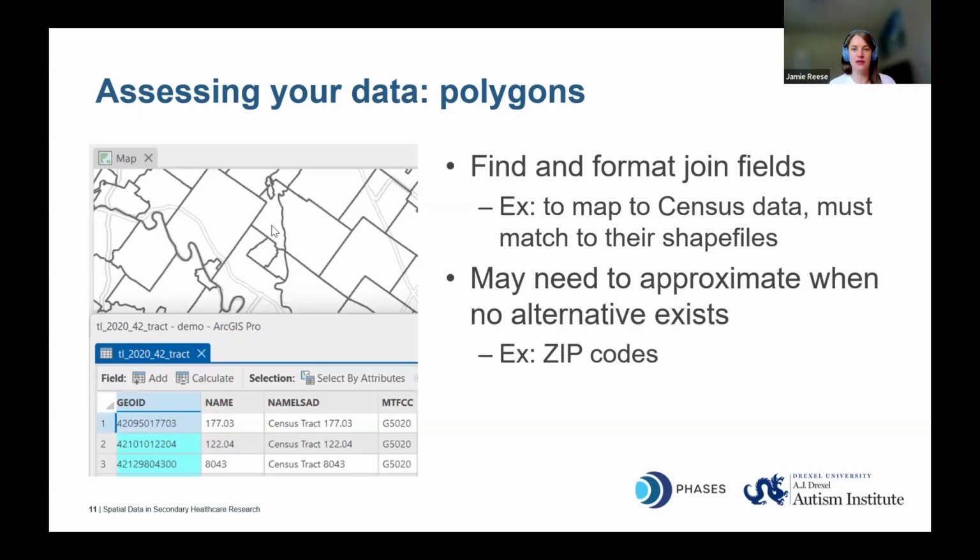If we use that ZCTA, a fair amount could wind up without a match because not all postal codes are represented as a ZCTA. And also, ZCTAs are only updated every 10 years. So if the Postal Service is adjusting them on a continual basis, you can wind up really far out of date and either inaccurate or just missing opportunities. In my case, I'm currently using an external source to approximate those boundaries. The one I use is released by Esri, which is the parent company to ArcGIS. But if you find yourself having trouble with that one, feel free to reach out and we can help you navigate that.